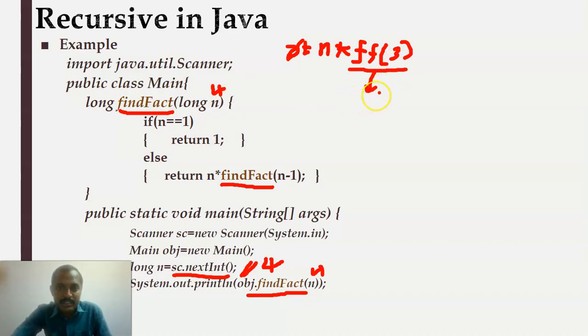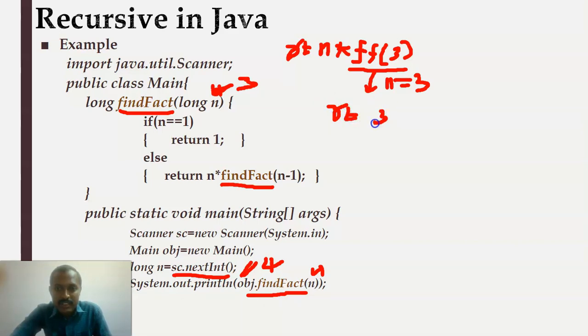Now here, currently the n value is going to be 3. Value 3 is passed to the function findFact, not 4 now. So 3 equal to 1? The condition is false. The else part will execute. What is the else part? Return n star findFact of n minus 1. So what statement is going to be generated? Return